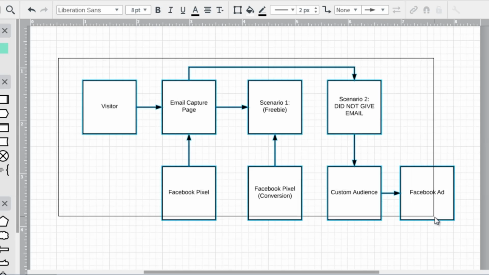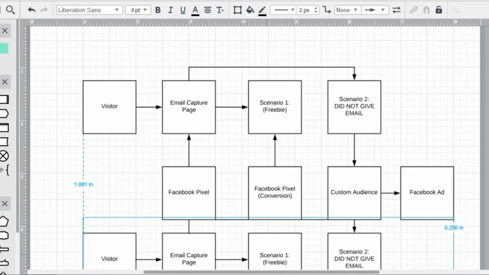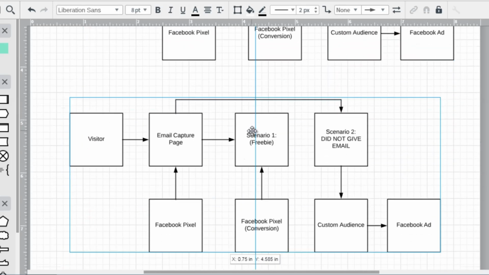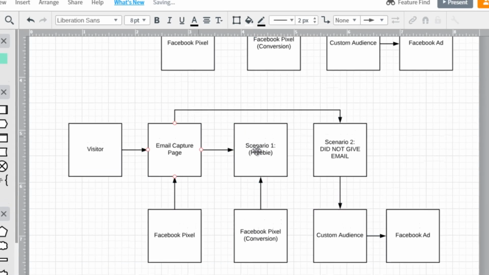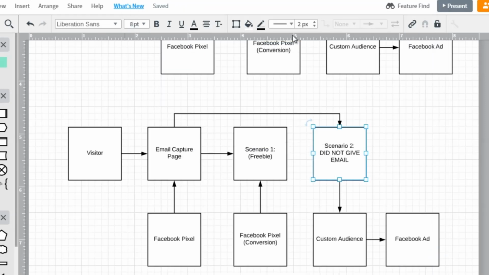So that's one setup. That's an email setup. So not only are you setting things up for if they fill out the email, but if they do not fill out the email. So the next thing we have is a sale. You'll notice that it's actually very similar. If a visitor comes to a page, and this page can be the sales page, and of course we pixel them, and then they either buy or, so scenario,